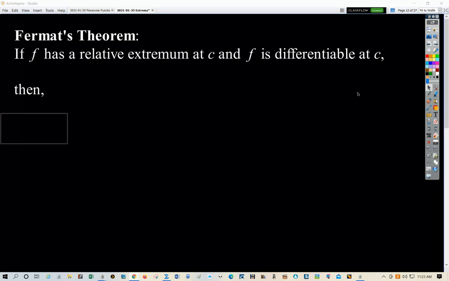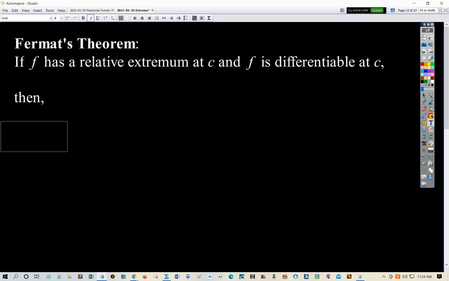And what does differentiable mean, by the way? To differentiate means to take the derivative. So differentiable must mean